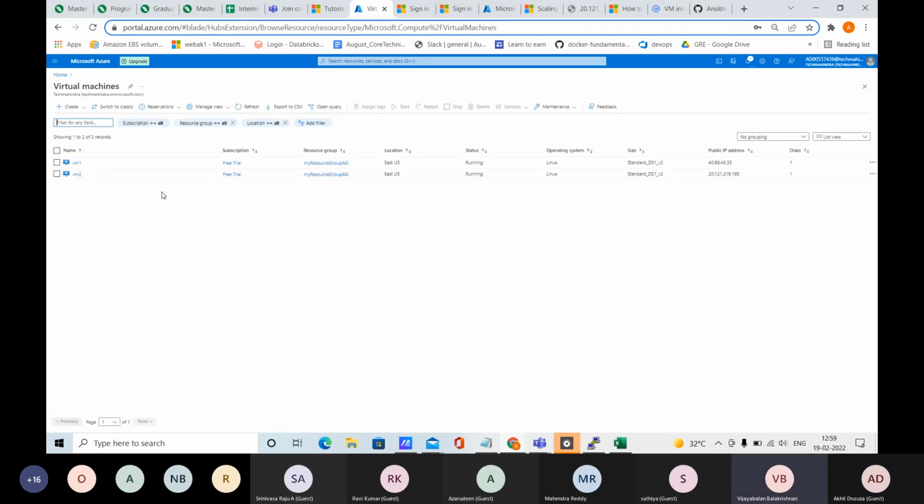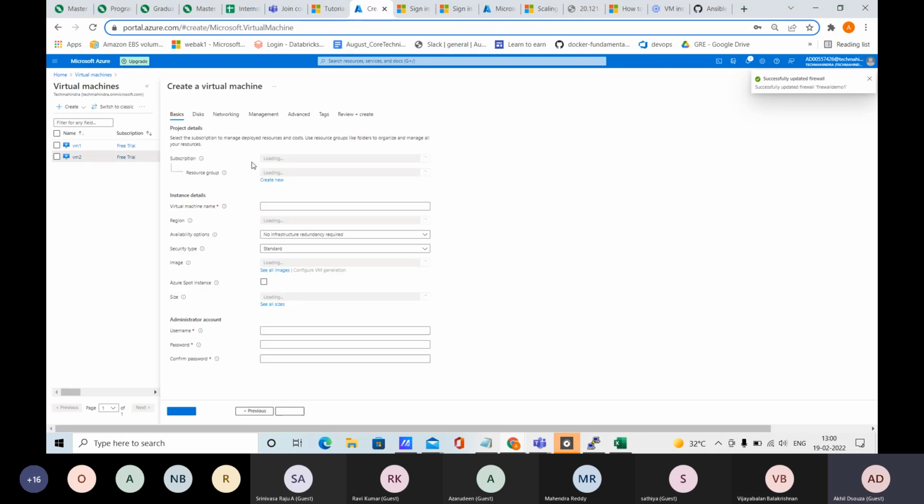That's why I said, for most of your learning, always stick with one separate browser and use it. For me, I use Opera only for my learning purposes, so that it will not clash with all my existing credentials or information. Yes, actually it has to catch it, but I don't know why it's not catching.